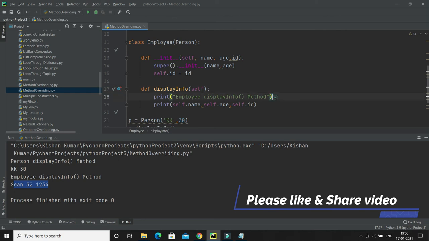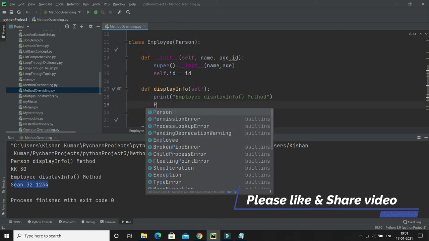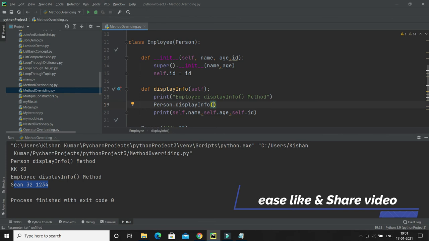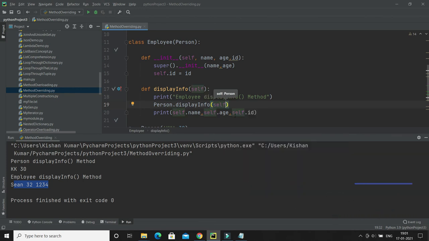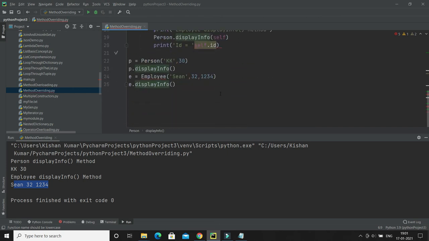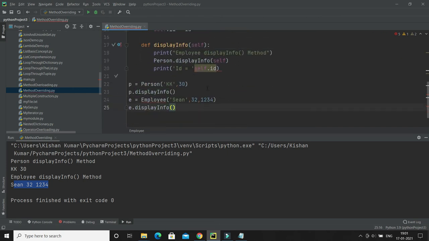Now here we also have the choice to do Person.display and pass self itself, and here I just print, let's say, id in the subclass, and give the responsibility to the superclass method to print age and name. Let's see.